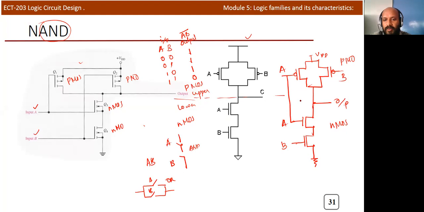Okay, always think about the lower portion. If it is a NAND gate, lower portion you can think about is an AND. AND means series connection. So draw the series connection to the lower portion. And if you are drawing the lower portion as a series connection, the upper portion you must draw in the parallel combination. So the lower portion we'll use NMOS, and the upper portion is a PMOS. And this is a basic structure, and now we'll discuss how this particular circuit will operate as a NAND gate.